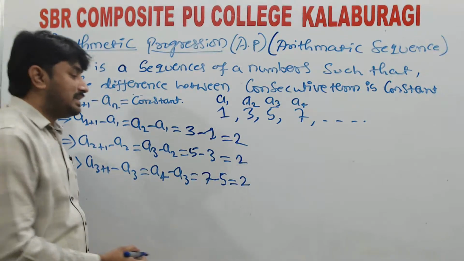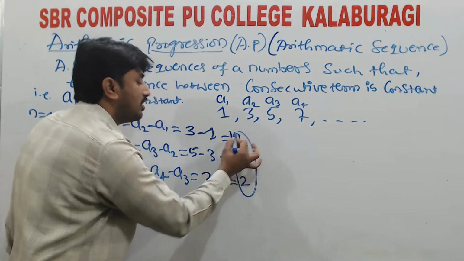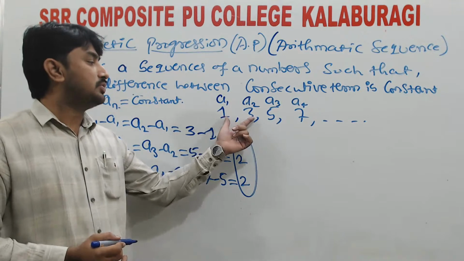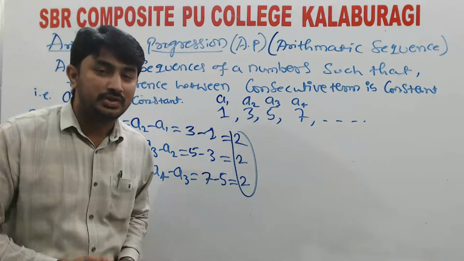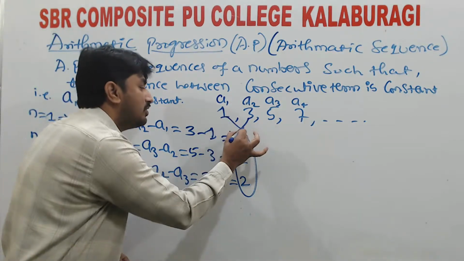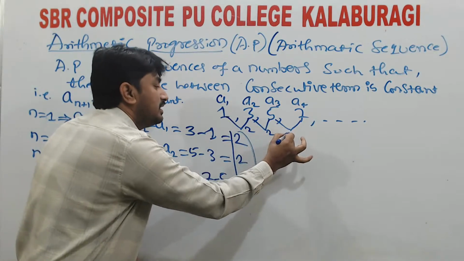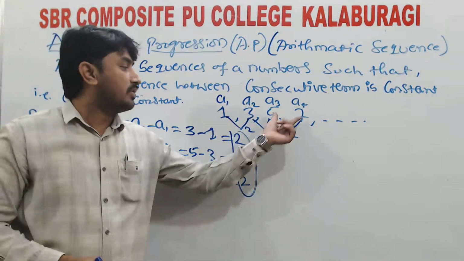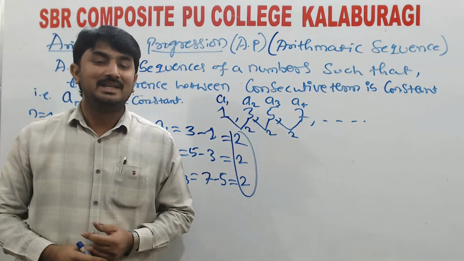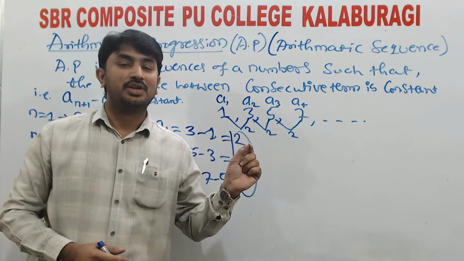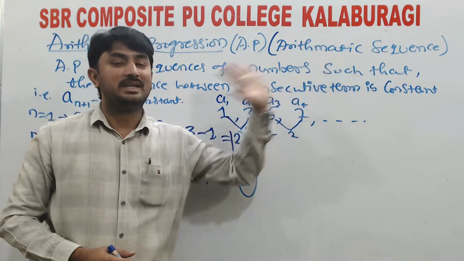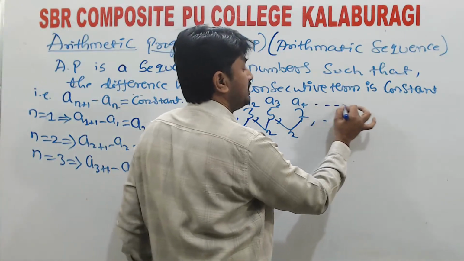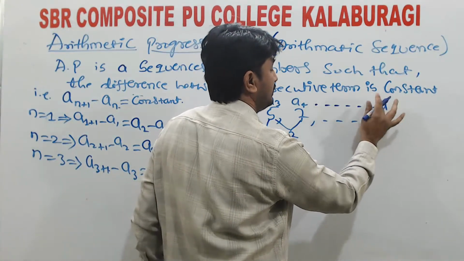It shows the same constant, 2. It means these numbers are called constant numbers. Any two consecutive numbers always have the same constant. If the difference between two consecutive numbers is the same constant, it is called an arithmetic progression or arithmetic sequence. Here, up to the nth term I am taking